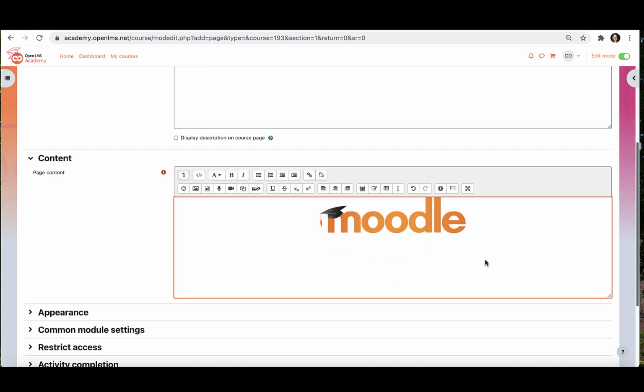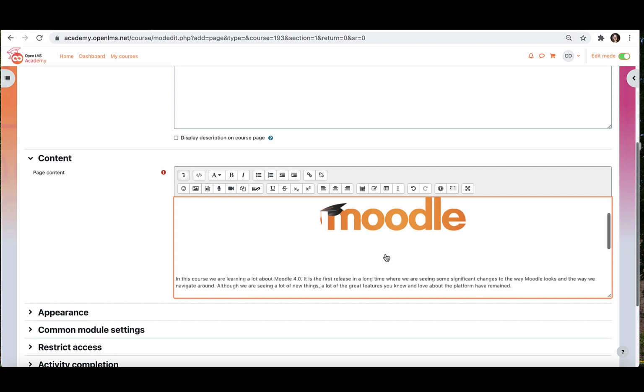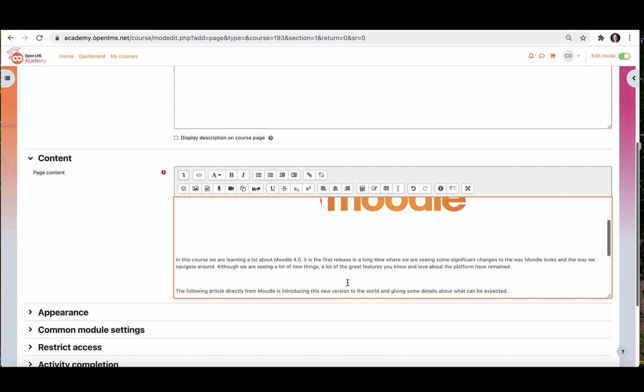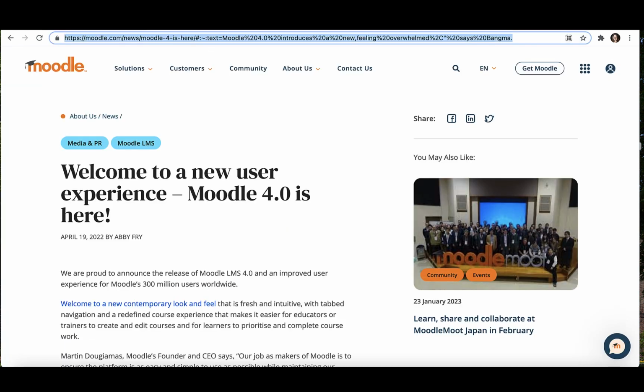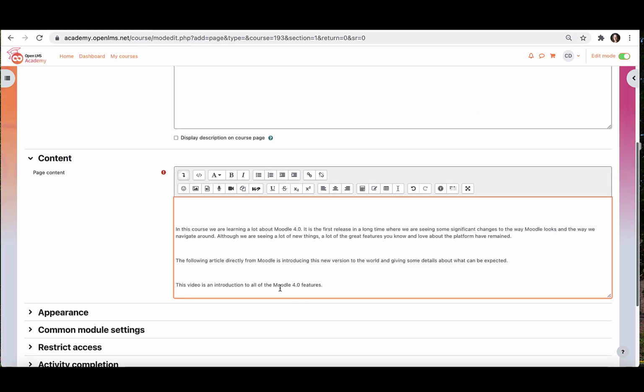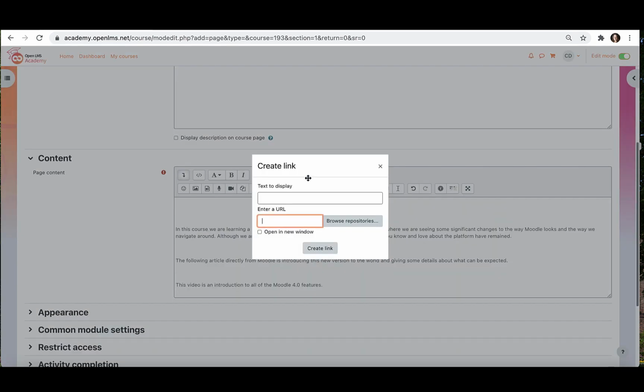The next thing I want to add is some text in here, and I then want to include the media that goes along with that text to make it make sense. So I'm going to paste it here, and the first thing I have here is an introduction to what they're seeing on this page, and then the next thing here is referring to an article about introducing Moodle. So I want to find that article, which I have here. I'm going to copy the link here, and then I want to put my cursor where I need it to be in the box here, and then I'm going to choose the link at the top